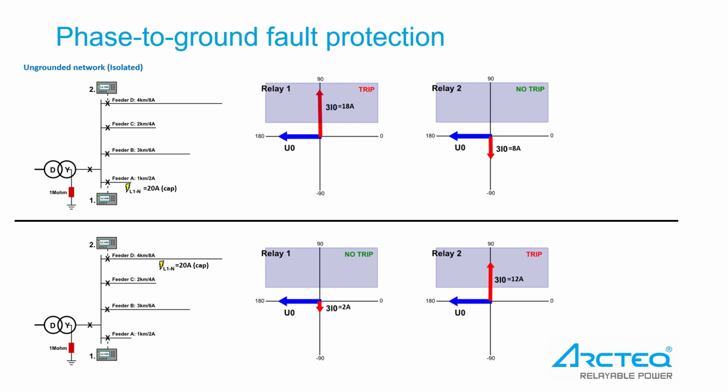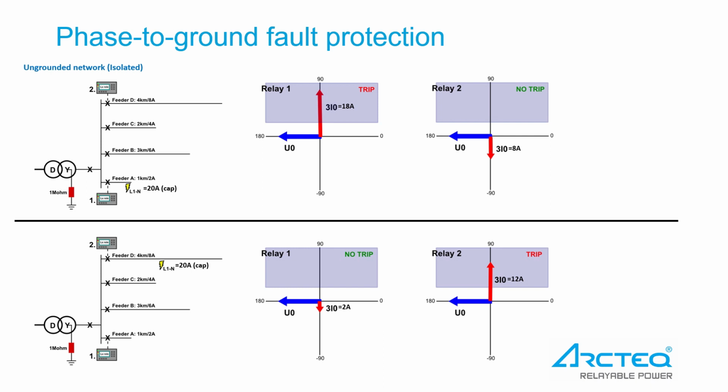But what relay 1 sees at the beginning of the line is only 18 amps. These 18 amps are the capacitive current of healthy feeders, which are circulating through the transformer star point and to the fault location. Feeder A current also circulates through the transformer star point and back to the fault location, but relay 1 is unable to see this because it moves in both directions